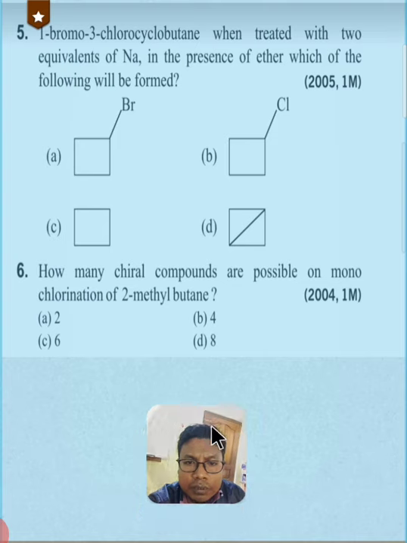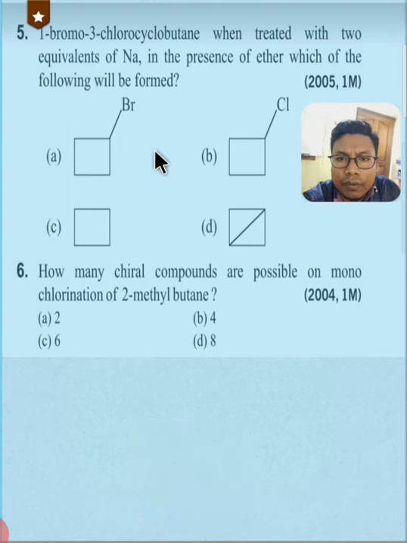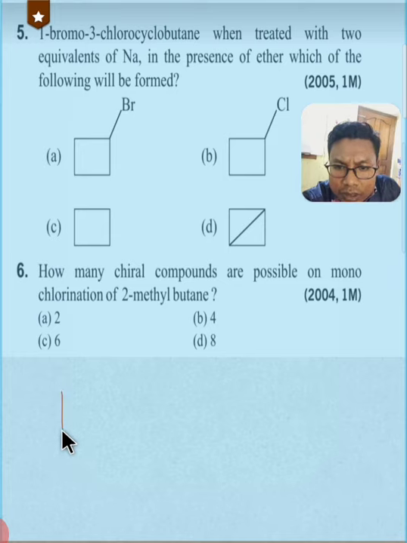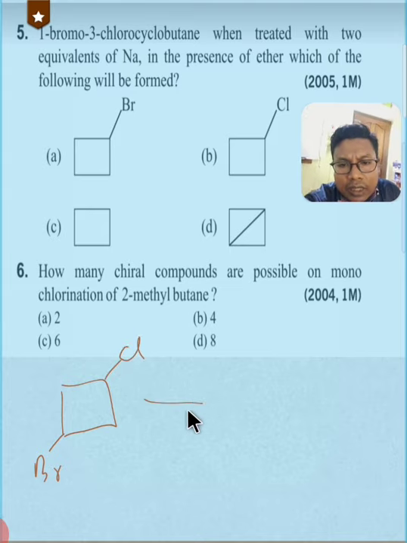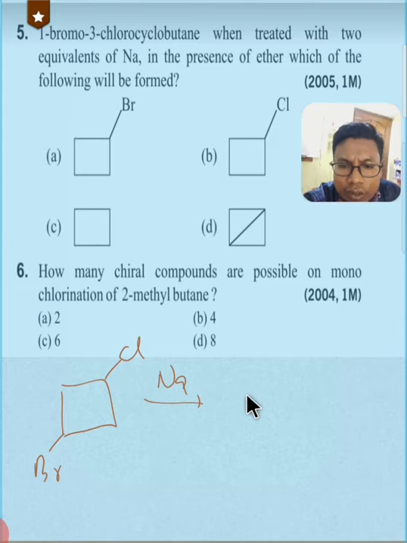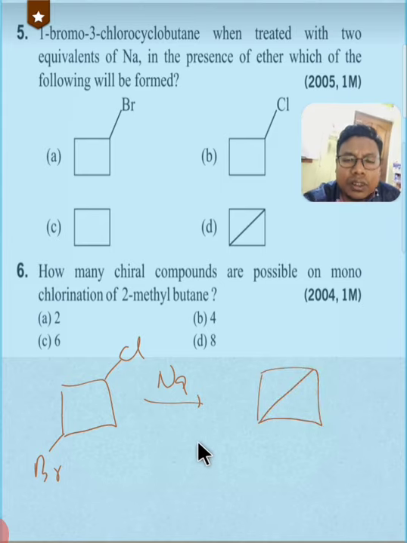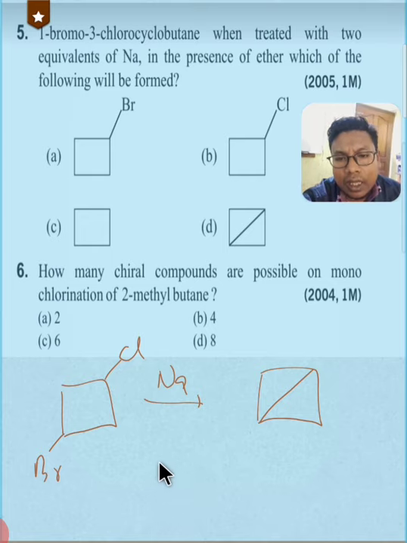So let me draw the structure of 1-bromo-3-chloro-cyclobutane. This is our cyclobutane, and to this bromine is attached, to this chlorine is attached. And if it is reacted with sodium, then we will get actually this as the product. This is simply the Wurtz reaction,